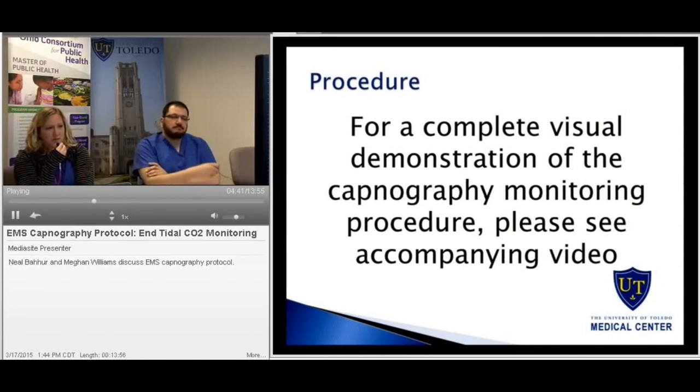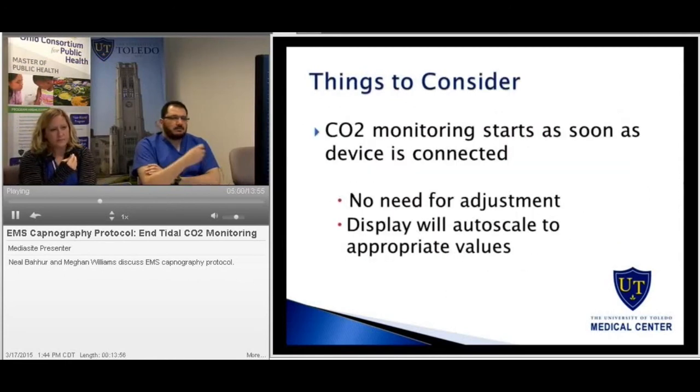So for the procedure, we do have a step-by-step procedural video that will follow this video, where you'll be able to watch exactly how things are set up and what to do during this whole procedure. So if you want to see how things are done, you can watch that second video following this one. Things to consider, a few tips here